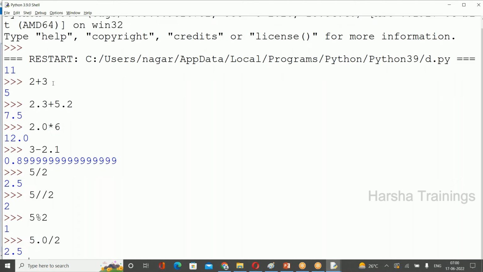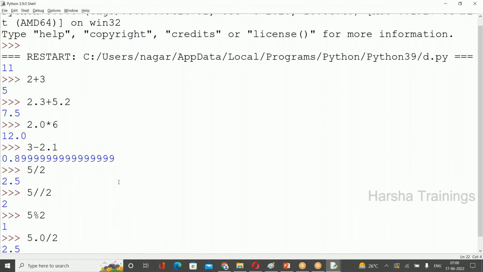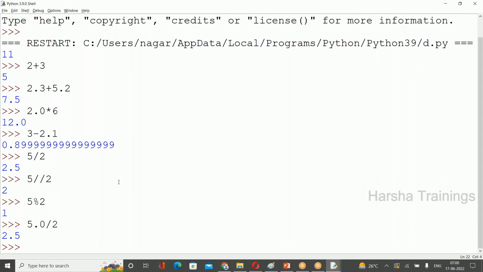If both are integers, in this situation also the answer is float. If at least one is float, in the final worst case the answer is float. That is not a problem. Now